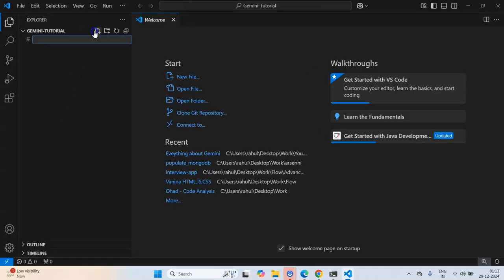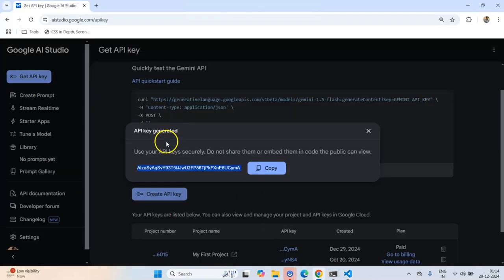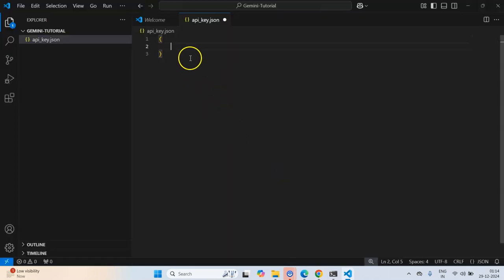Once I have this, I'll create a file called API key.json. Now I'll create a JSON object, and let me go back to aistudio.google.com and grab this API key, and save this key in a key named API underscore key.